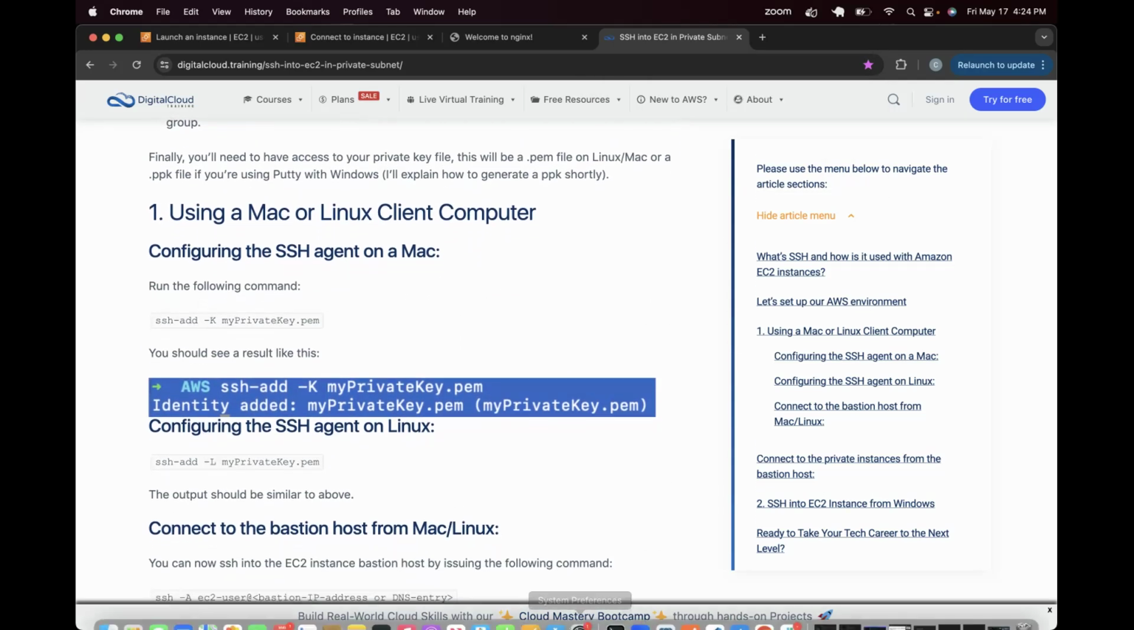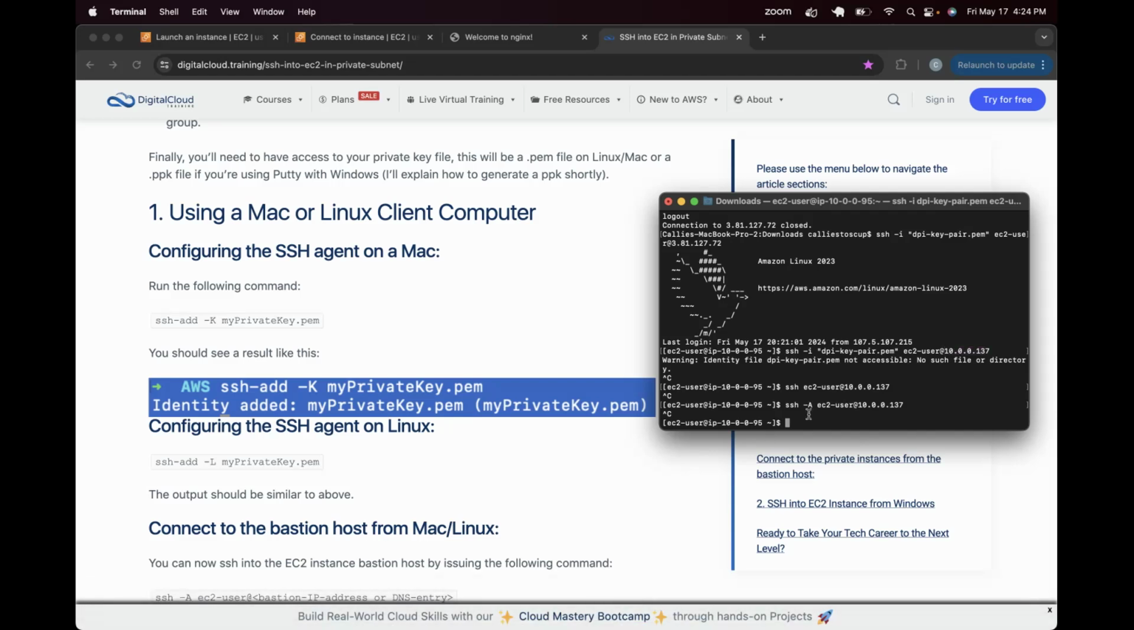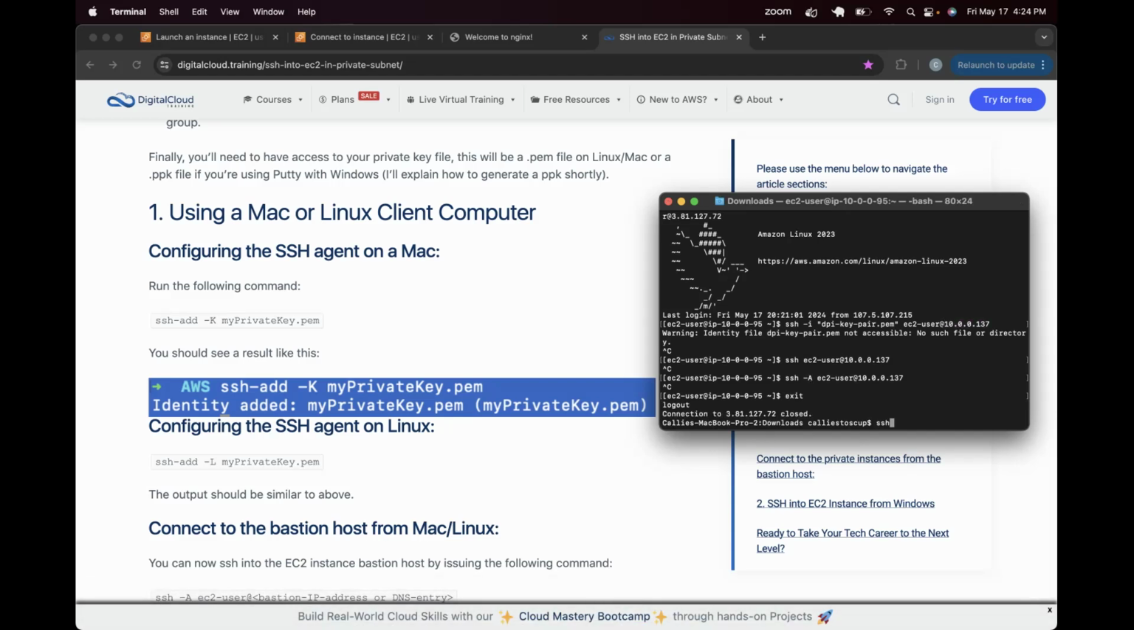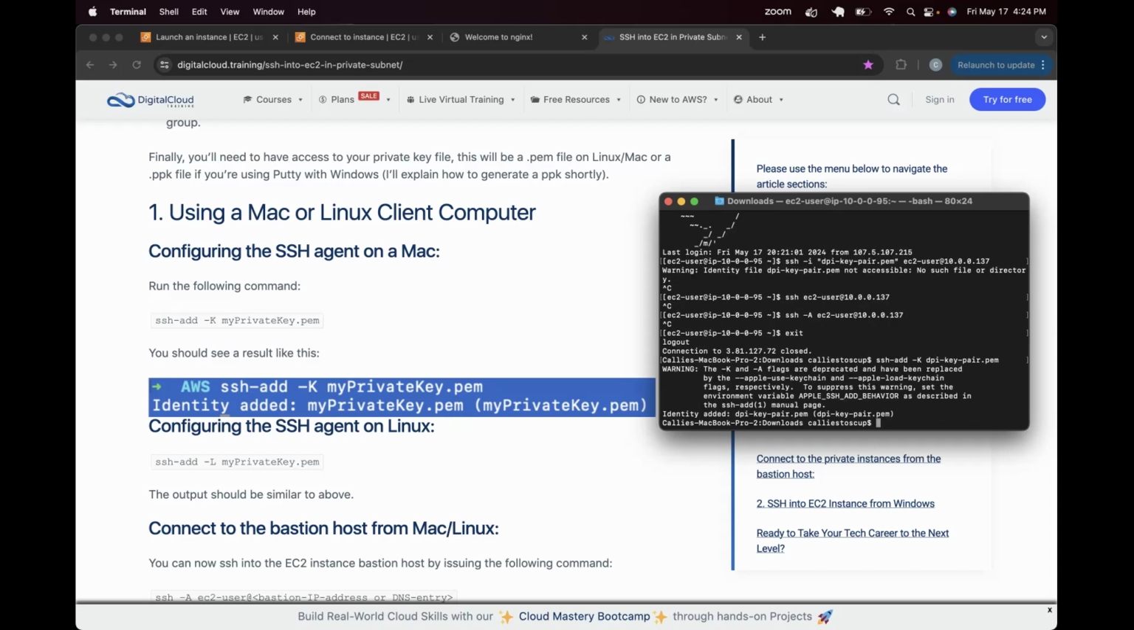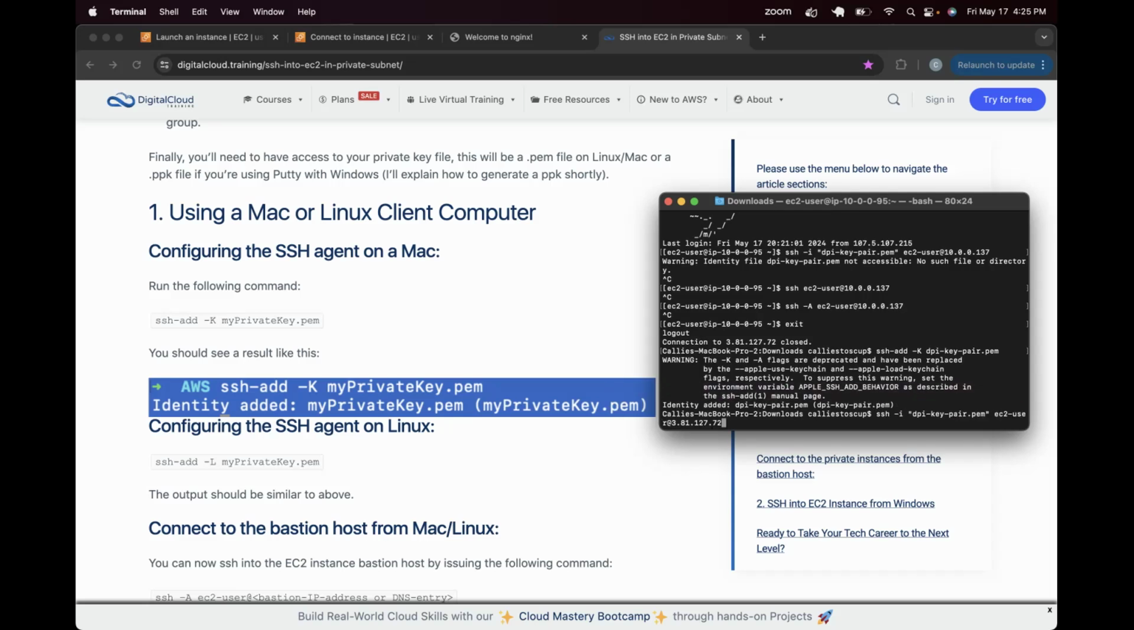Okay, so here we are going to run this command. So first we want to do ssh-add, then -k, and then our key pair, to save it, yep. And then let's see. The -k and -A flags are deprecated and have been replaced by that. It says identity added though. Okay, so now let's try to